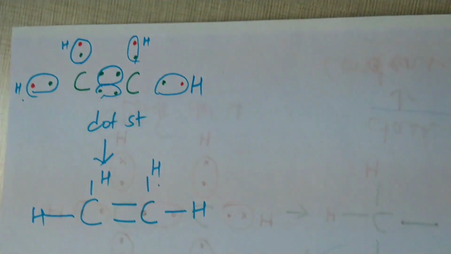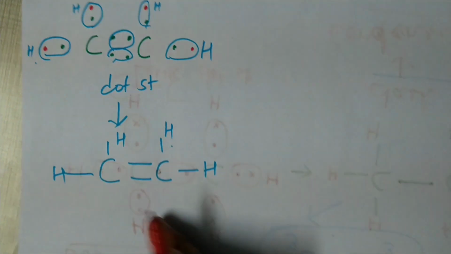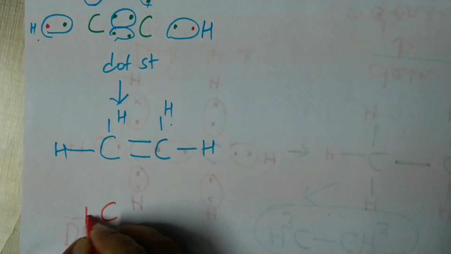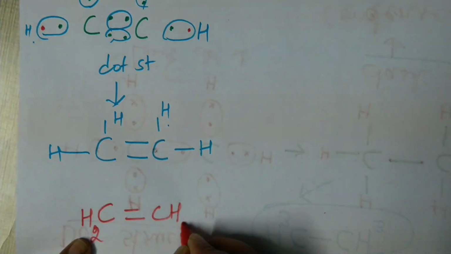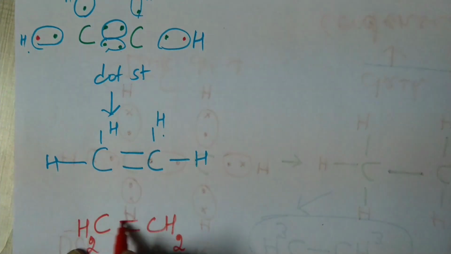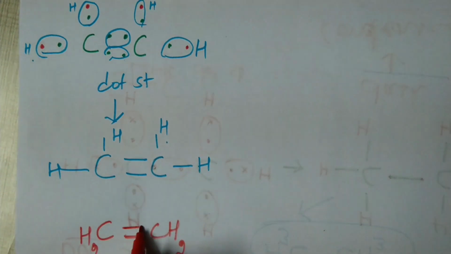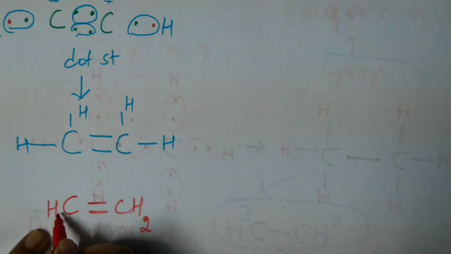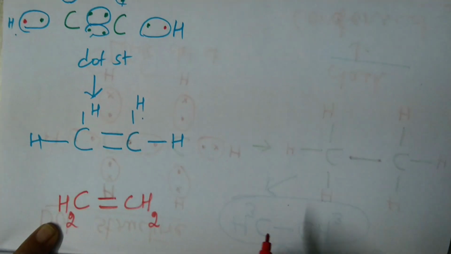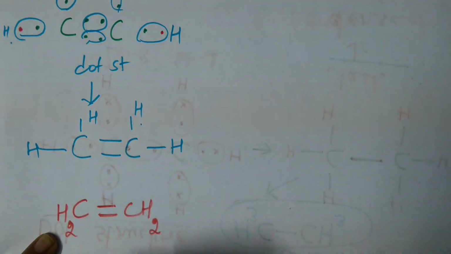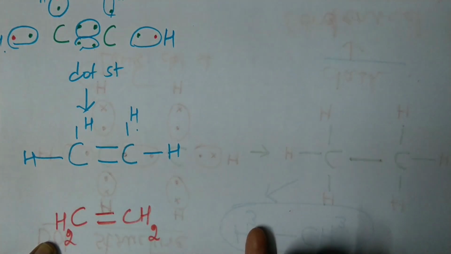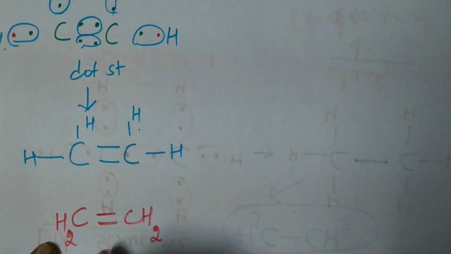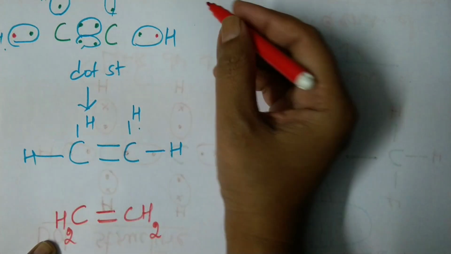I need to condense this end, right? So it will be CH2 double bond CH2. So here you need to show the double bond. So I have only omitted or not written the other bonds here. I have shown double bond. So sometimes you need not show all the bonds, or sometimes you can show some of the bonds and omit some of the other bonds.